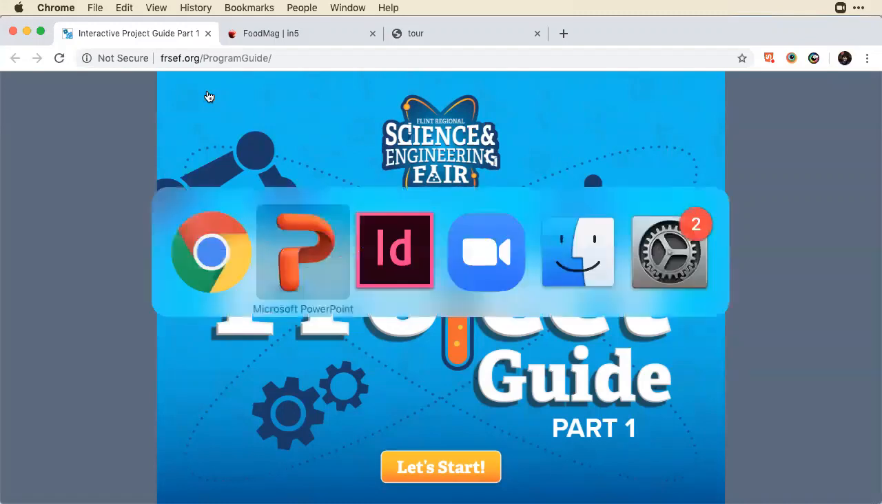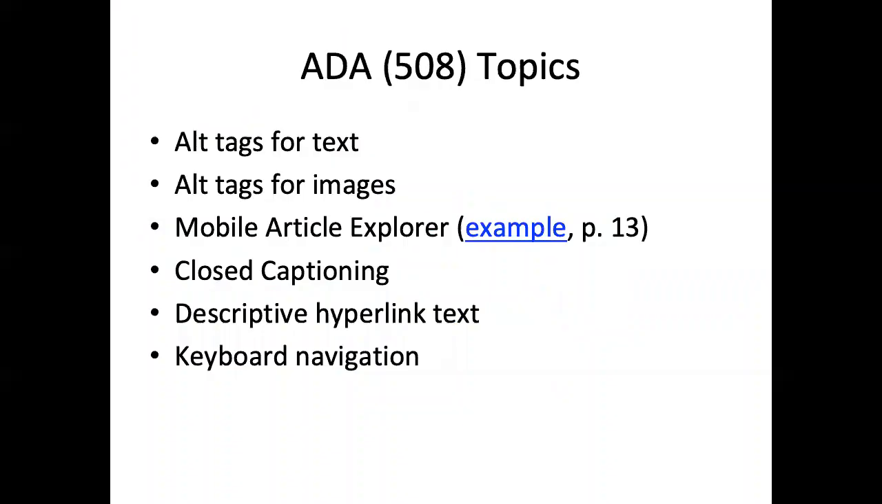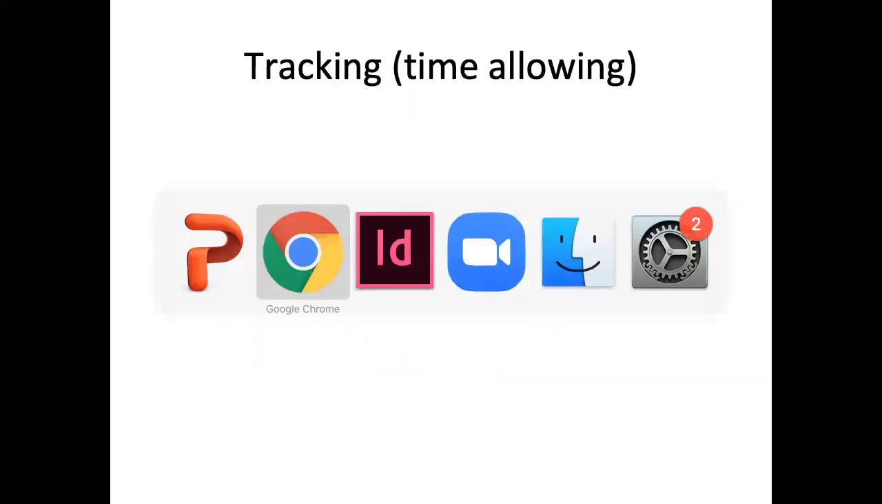And part of that is thinking about how can someone navigate with a keyboard if they can't navigate with a mouse and see where that cursor is on screen. So those are some of the bigger topics. Tracking. So all of these goodies, like I mentioned